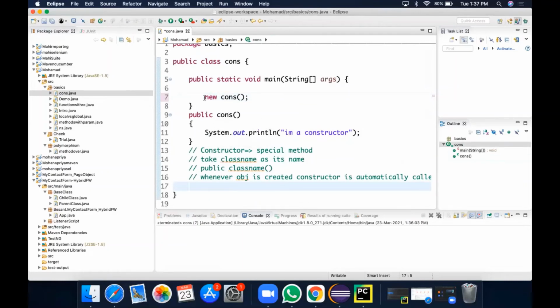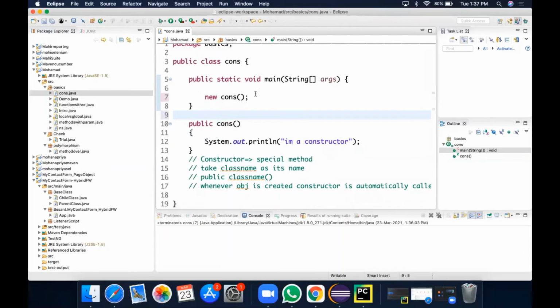I have a little confusion. You have given public and CONS as a constructor, but you haven't included void or static, right? It is not a static method. If it is a non-static method, you will have a return type, and that method will return something. The constructor is mainly used for initialization purposes only. In the case of a non-static method, you allocate separate memory space and call it explicitly. But even if I create an object for any other purpose, the constructor will be automatically called.